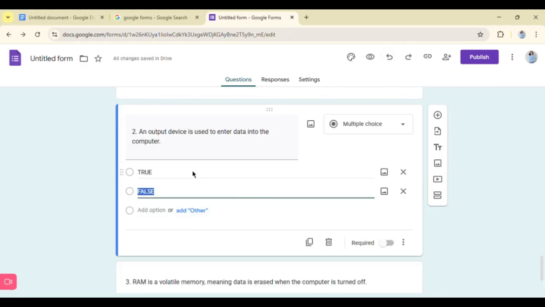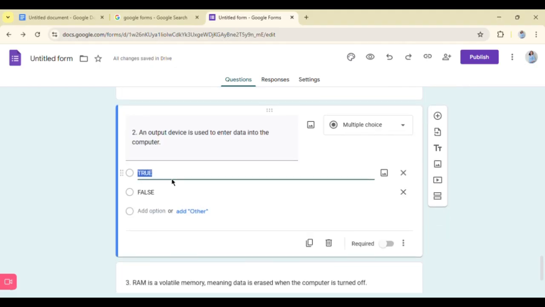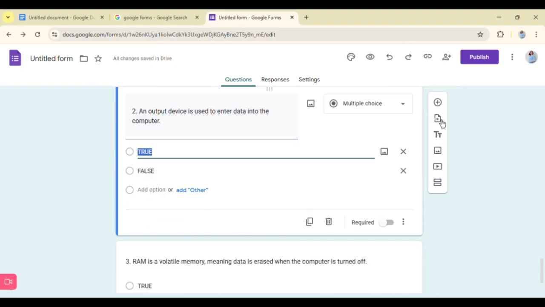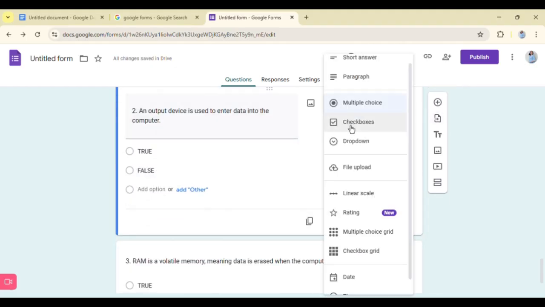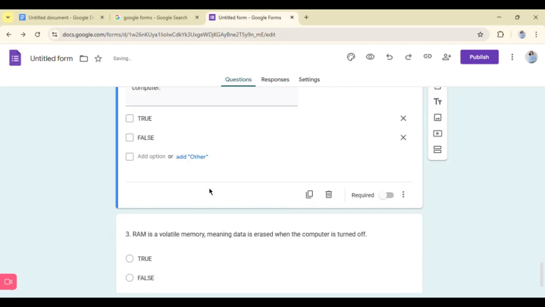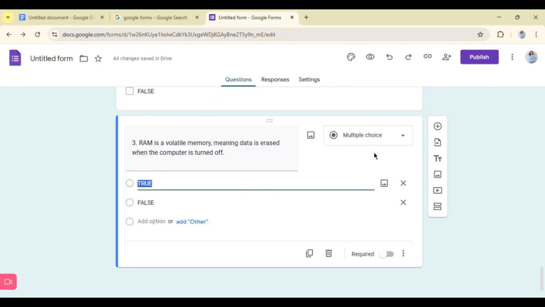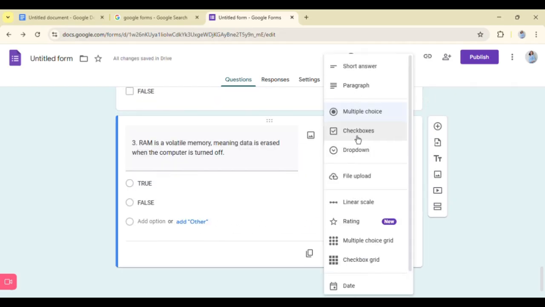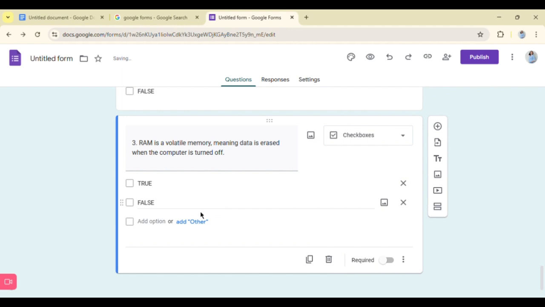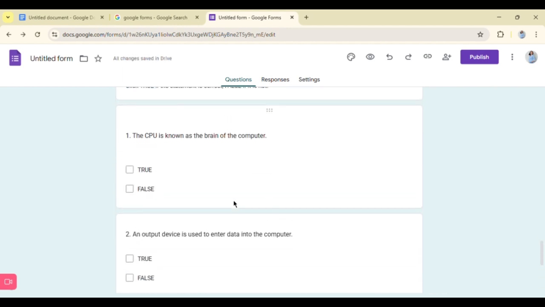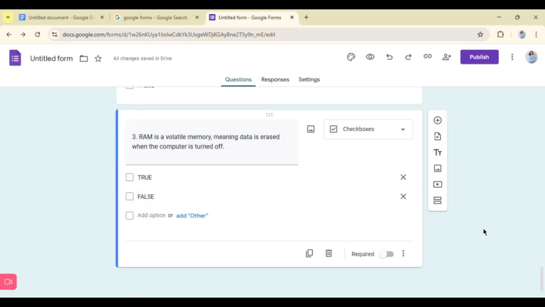Oh, wait. I discovered something. Bakit ito naging checkbox tayo? Checkbox pa tayo. Ayan. Then this is also checkbox. Nag-suggest si Google Form na, ano yun yung nakita ko kanina? Ayoko. Sorry. Gusto ko checkbox.